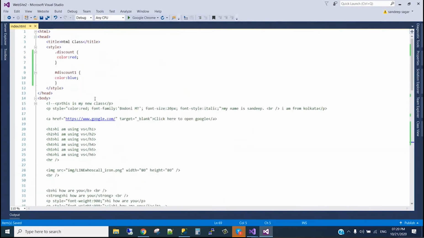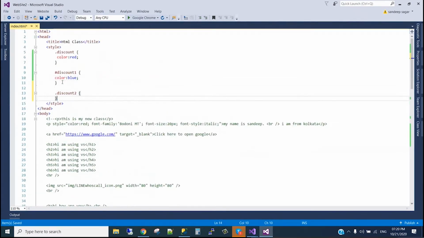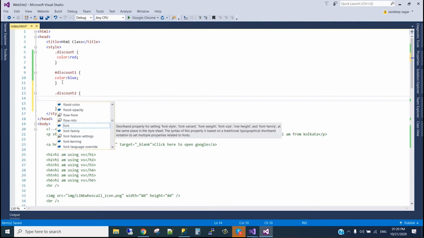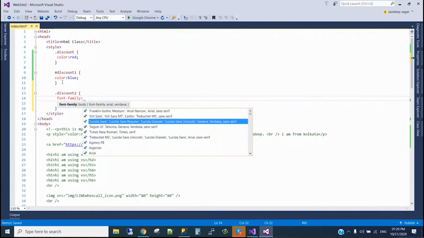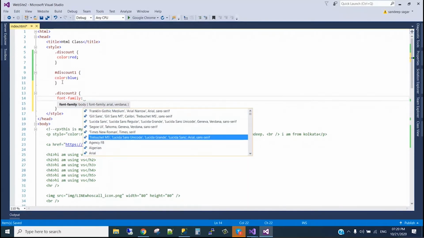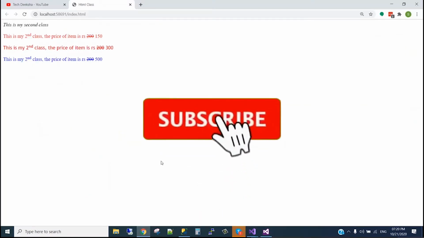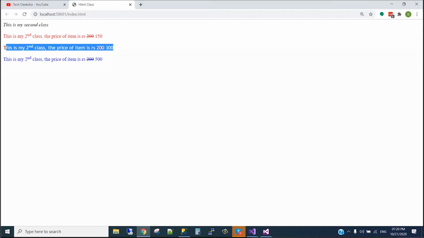If we give discount 2 a different style, something like font family, and refresh, see, it is red, the above one is also red, but the font family changed, and it became a bit larger according to what we have used.